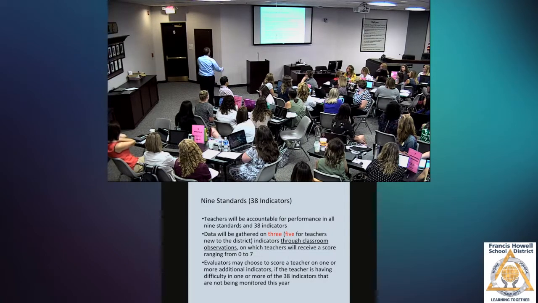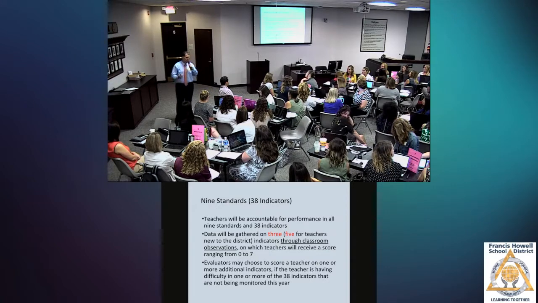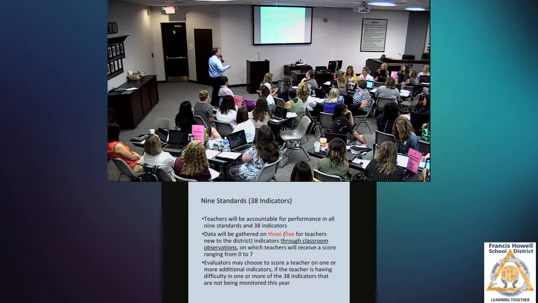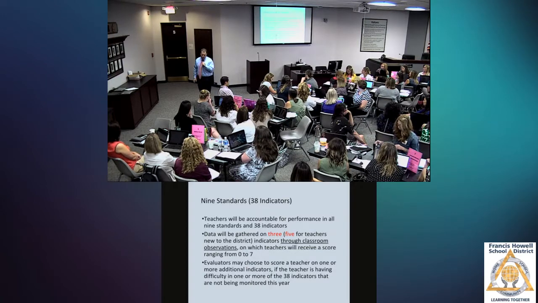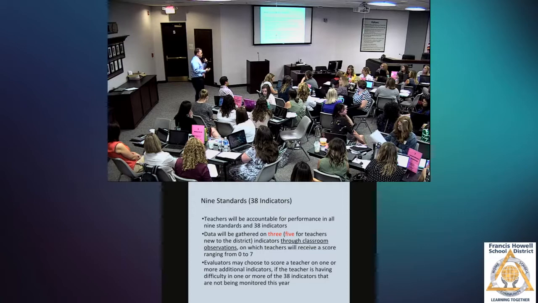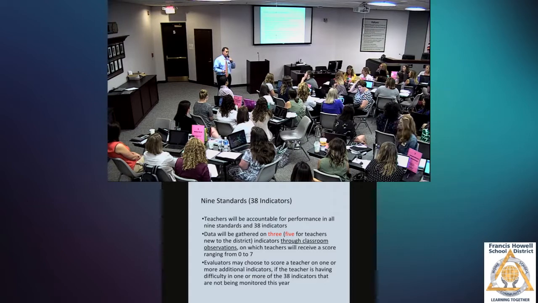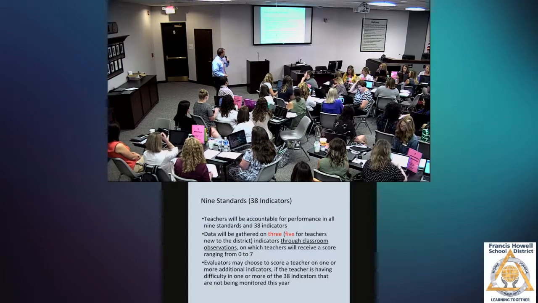Again, data is gathered. Scores range from 0 to 7. When you do your scoring here in a little bit, administrators are taught to start at a 3 and work their way up, or if it doesn't meet the level of a 3, work their way down on that evaluation score. In Francis Howell, we focus on 3 standards that I'll show you. But if there's another standard or indicator within NEE that you need some support with, sometimes an administrator will add an individual indicator that isn't one of our 3 criteria.